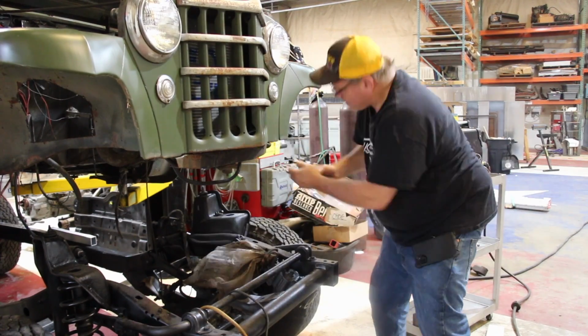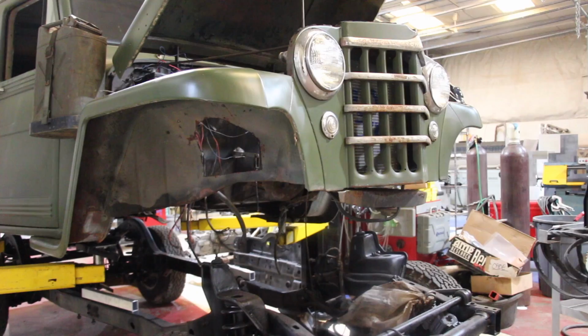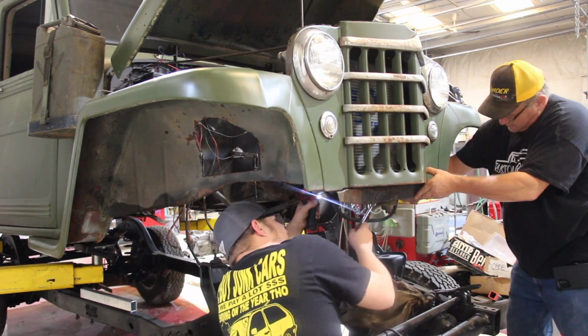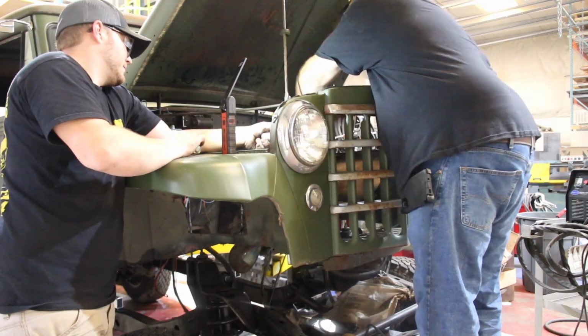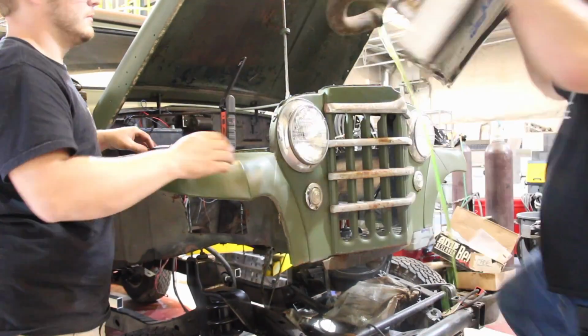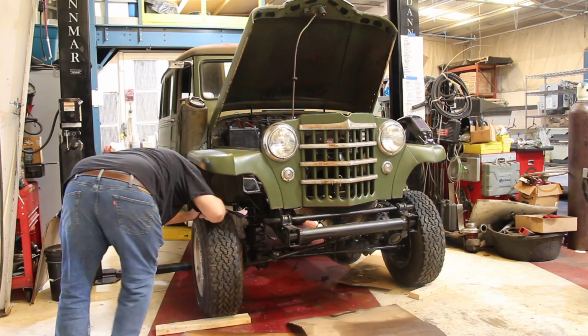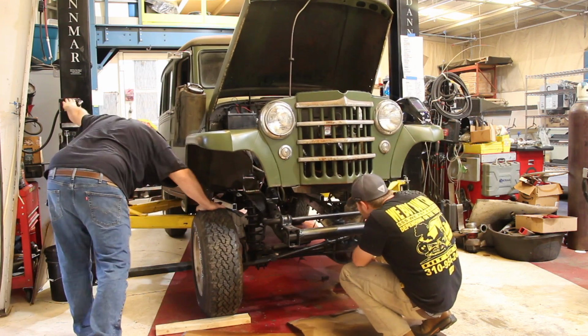Alright, so now that we got those two pieces trimmed out, our radiator we left in there just to see if we could use the same mounts, but we're going to have to remove the radiator because that mount on the bottom hits the steering box. So that's not a big deal. We yank that out, and then we can finally lower it down to see what other frame members interfere with our body. So we're lowering it down, checking everything out, and trying to figure out where everything is going to sit,